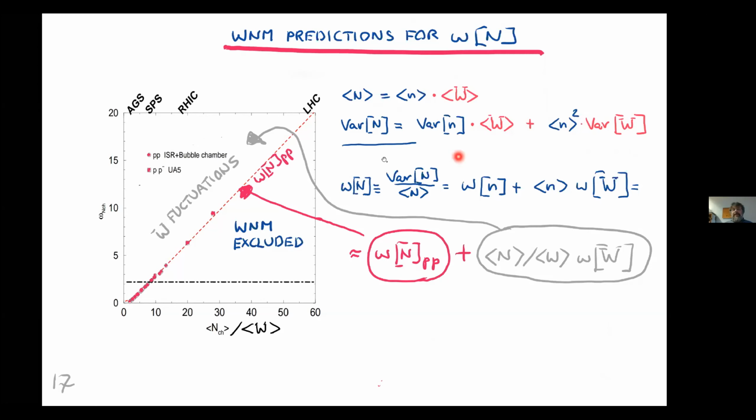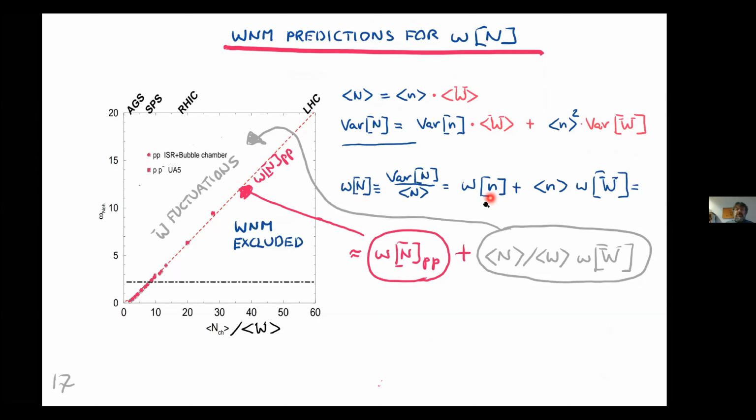Okay, that's no magic. It just follows from this additivity of the formula relation between lowercase n and capital N. Then you calculate scaled variance, and you get the scaled variance from the single wounded nucleon times the scaled variance of the number of wounded nucleons, scaled by the mean multiplicity from the single nucleon. And then what happens, of course, you see that the scaled variance is